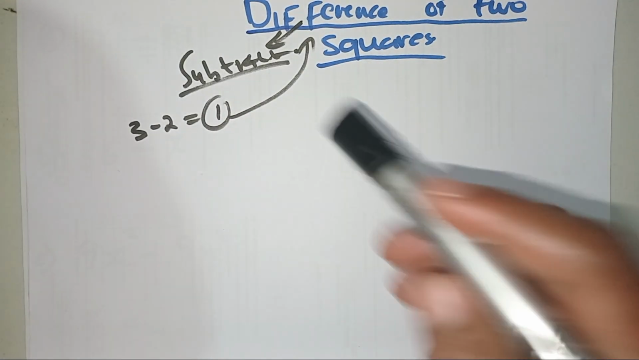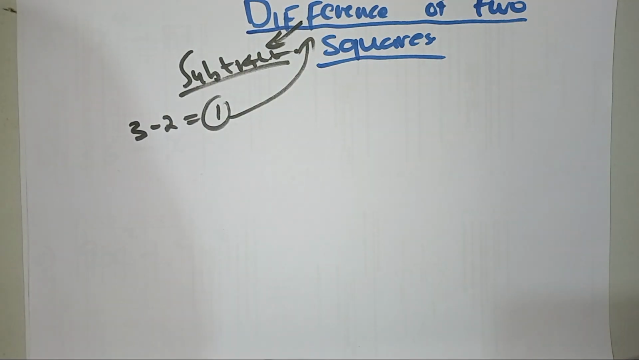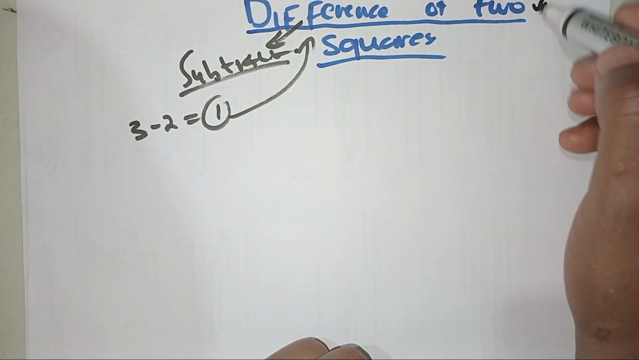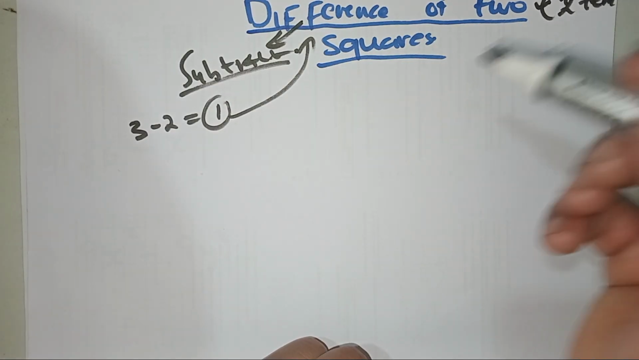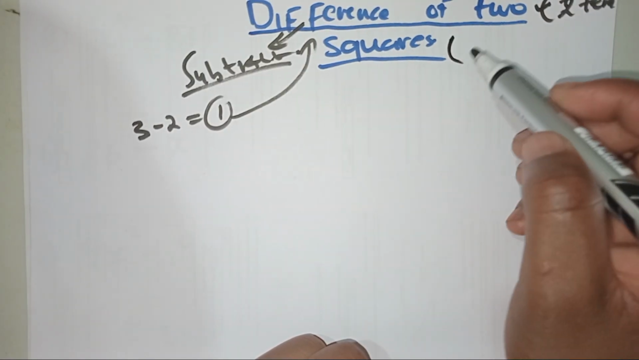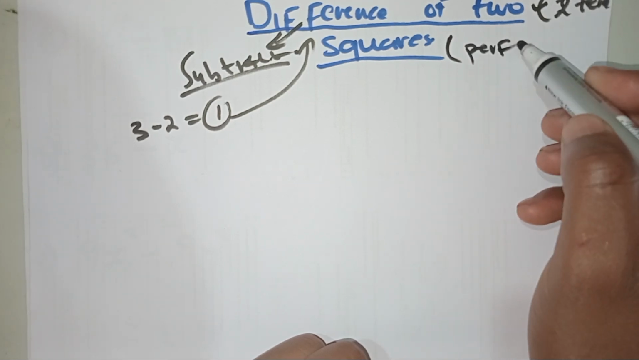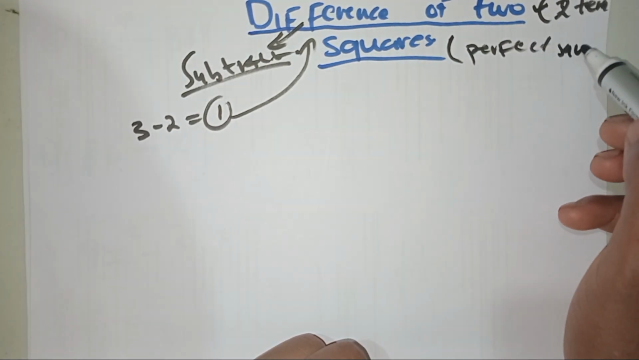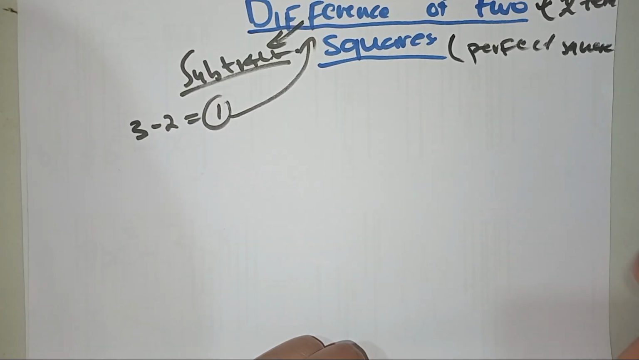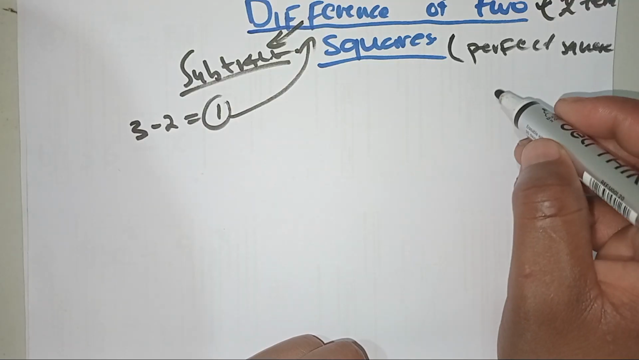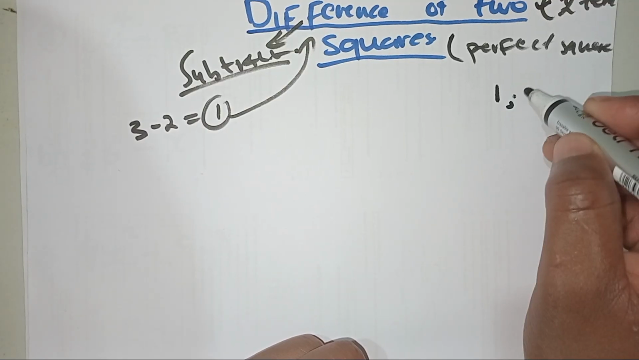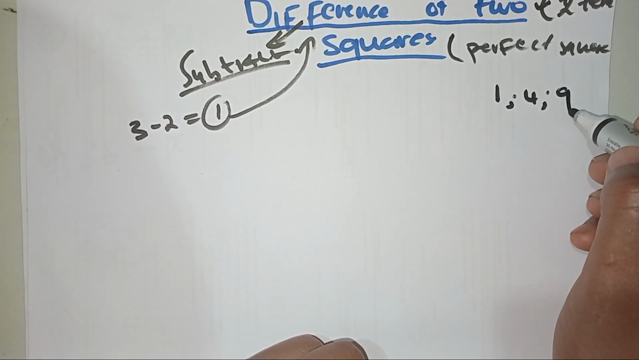So the difference of two squares means that we'll be involving two terms. Two squares: we are talking about perfect squares. So what are the perfect squares that we are referring to? Perfect squares can be 1, 4, 9,